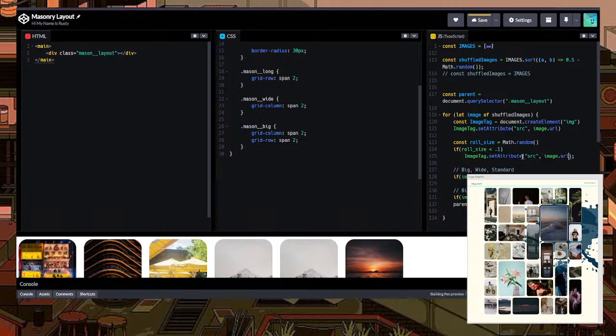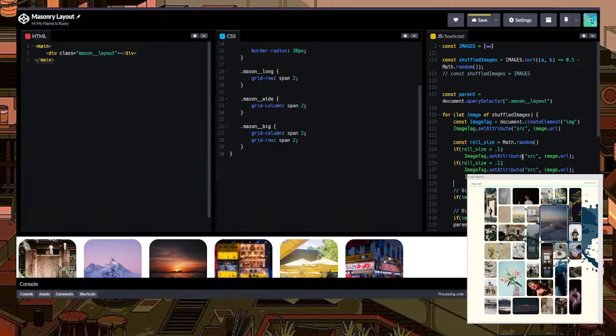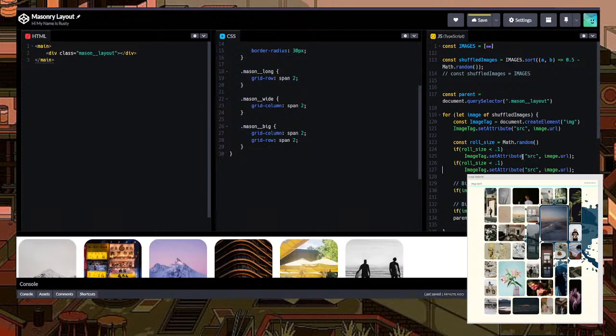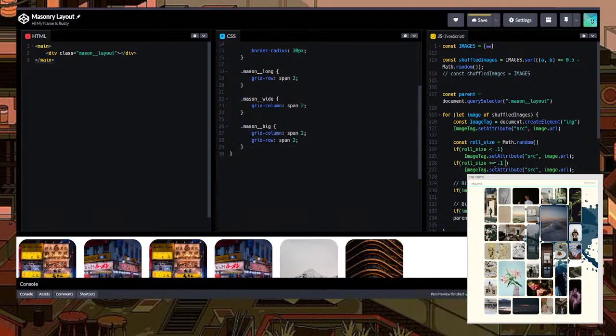All right, so if it's less than that, else greater than or equal, or also we could want to do